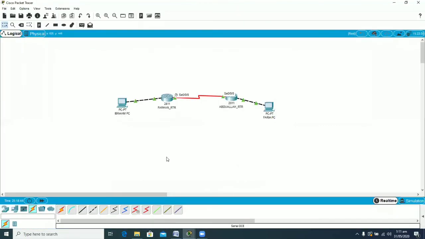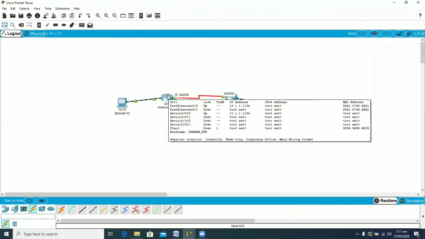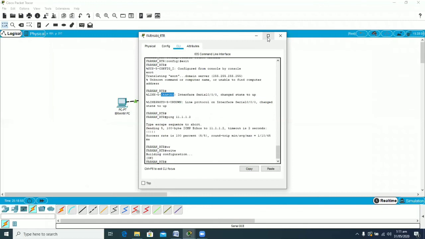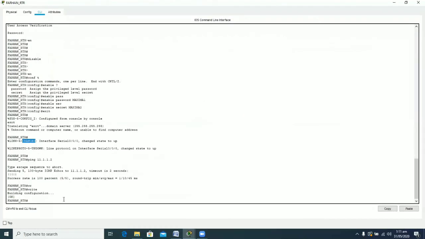So as you have seen that I have always written a write command so that my configurations get saved, and that is basically saving on the startup configuration. In router you have two different types of configurations. One is the startup configuration, another is the running configuration. So whatever you are doing on your router is basically getting saved in the running configuration in the dynamic RAM DRAM. And unless you type the command write, your data will be lost if the power is turned off.